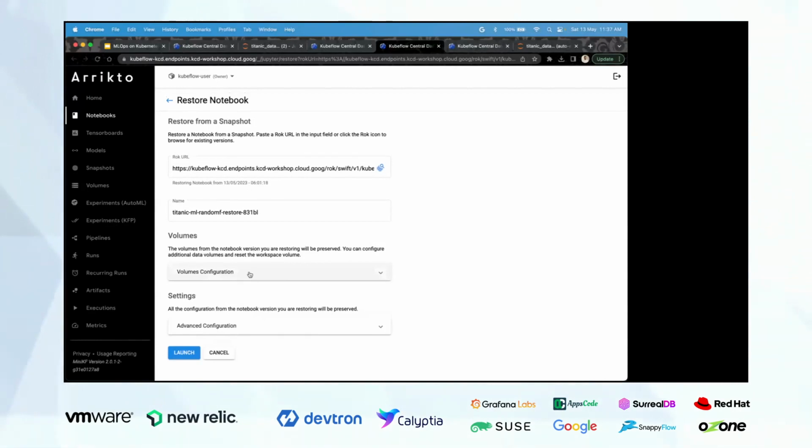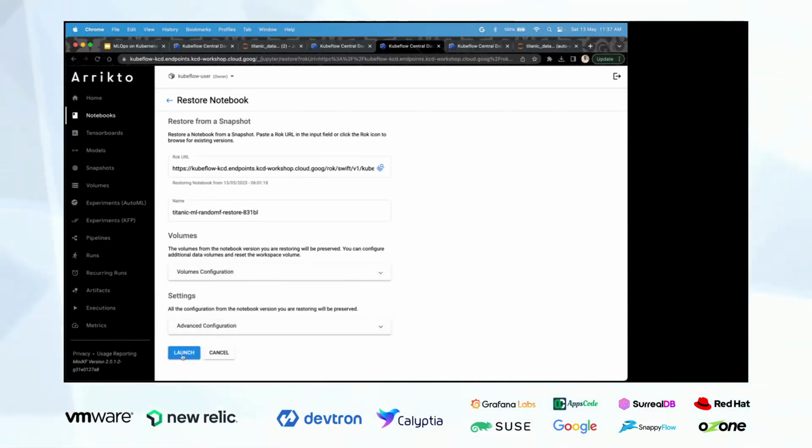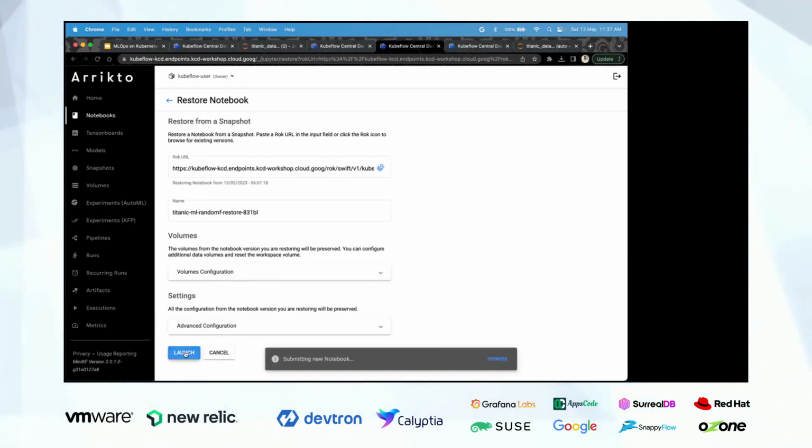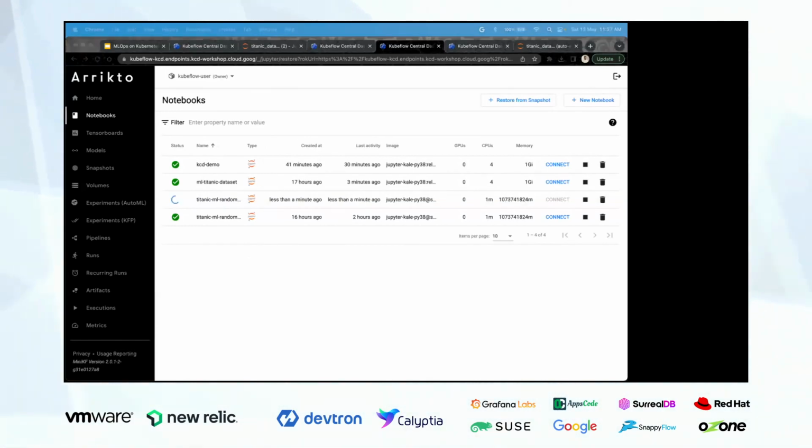Volume configurations are already predefined, similar to what we have used. Once I click launch, it will launch a new notebook. I will give it a minute to launch.